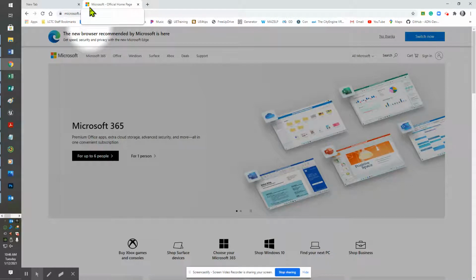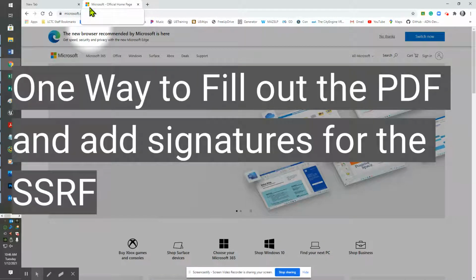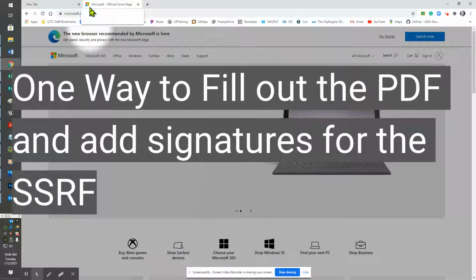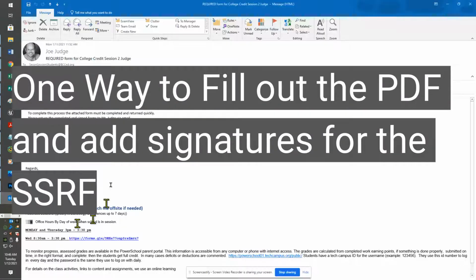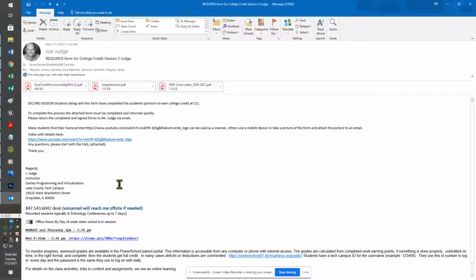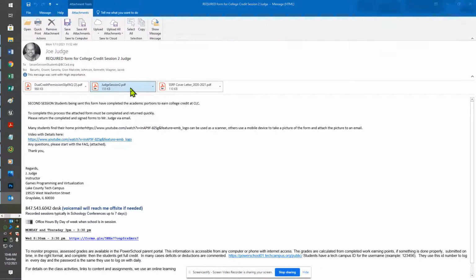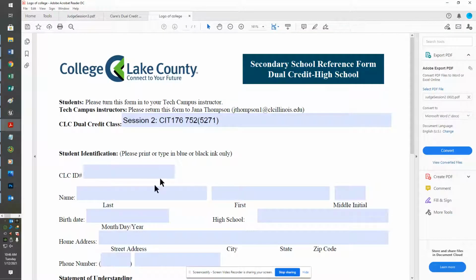So here's what's going on. Students are being sent an Adobe PDF document that they need to fill out. It comes to them in an email, and the email is specific to the session. So if you were in session 1, the form would be specific for that session, not for the student. So you'll receive something, let's say this happens to be the second session one, and you'll need to fill